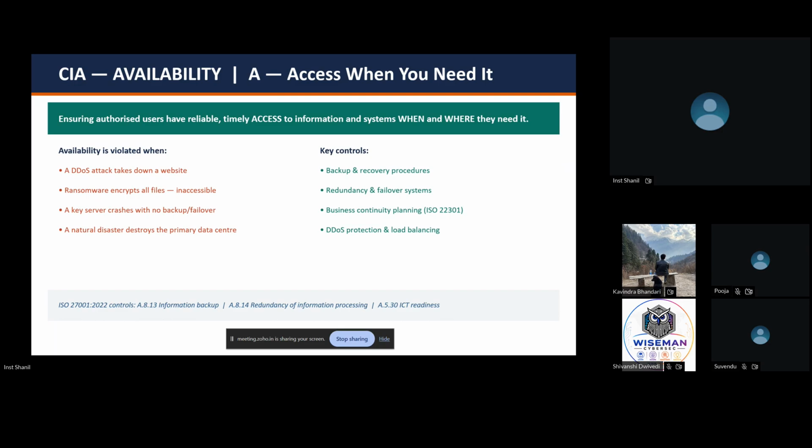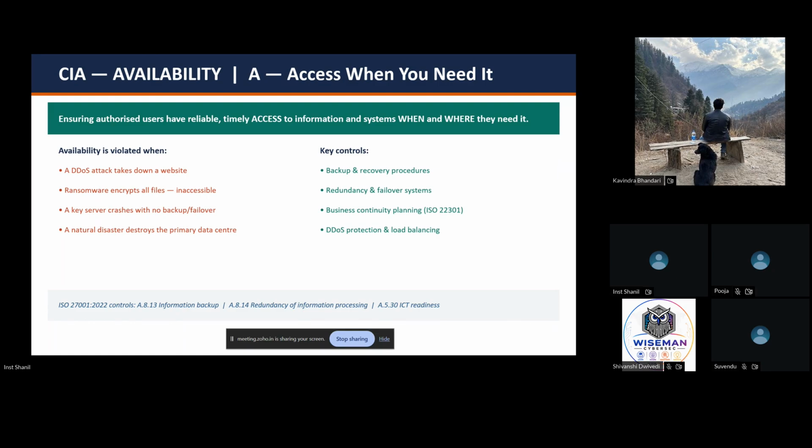I have read some reports, and I have also seen interviews of some people who have been affected by this attack. In India, I think this kind of attack where they encrypt your information is still not very common. But outside India, in the US or Europe, this is a very common type of attack on individuals, where they encrypt all their information and then ask them to pay in crypto.